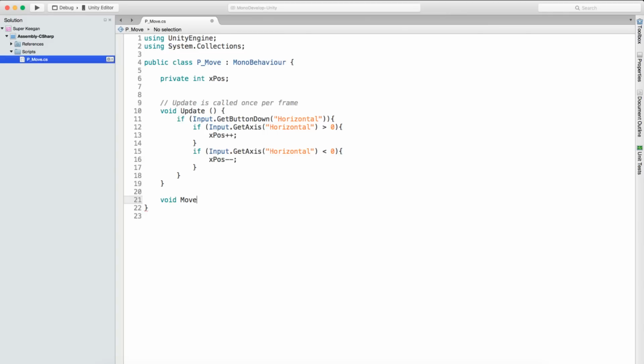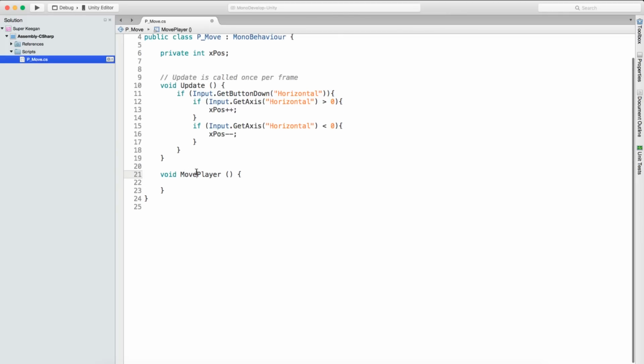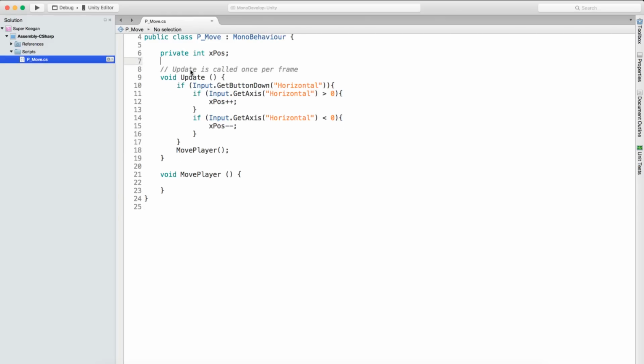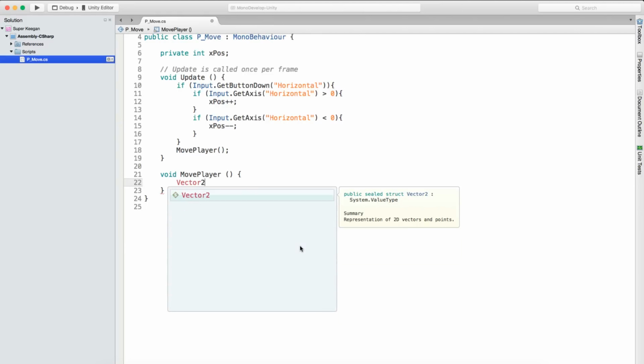MovePlayer. This is going to be called every single frame. If we put MovePlayer in Update, then it's going to be called every single frame because Update is called every single frame. Awesome. Alright, so then we want to create a new variable, Vector2, call it playerPos, standing for player position,